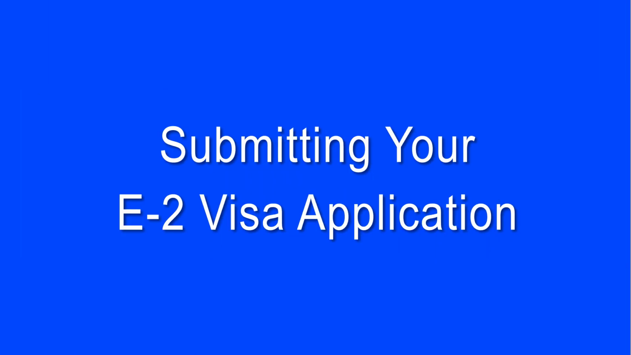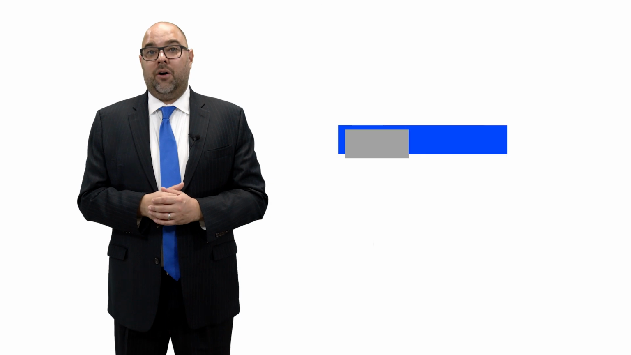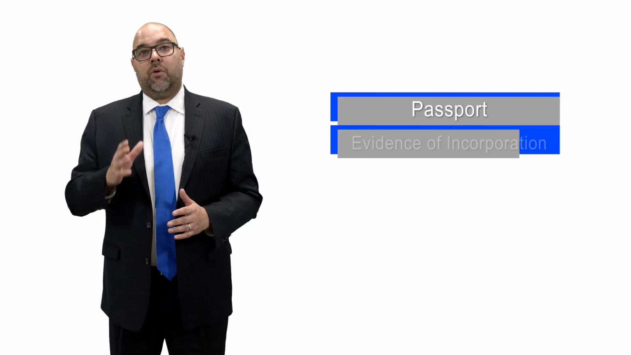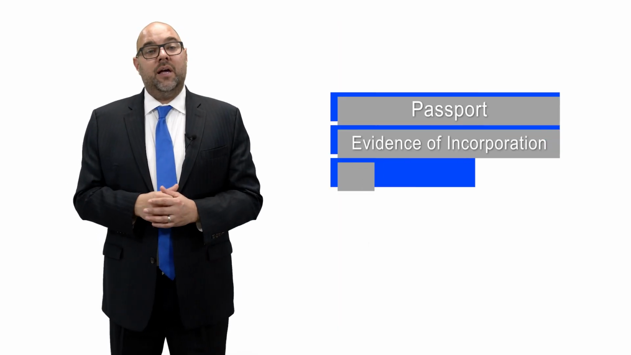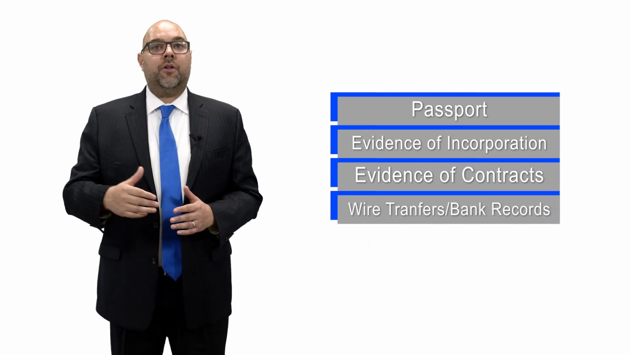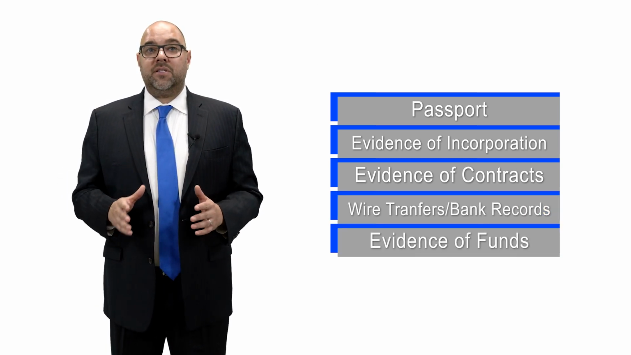Now, the final step to apply for your E-2 visa is submitting your E-2 visa application. For an E-2 visa, you will need to prepare and file a Form DS-160 with the U.S. Department of State. You will also need to gather documents to submit with your application, including your passport, evidence showing the establishment of the business, evidence of contractual agreements, wire transfers and other bank records, evidence of the source of funds,